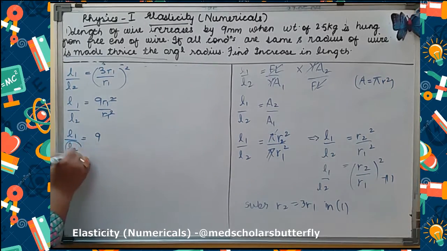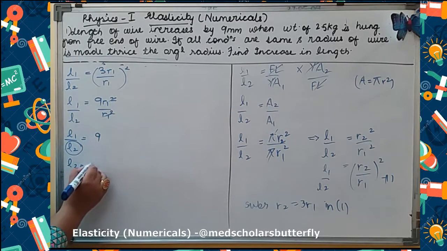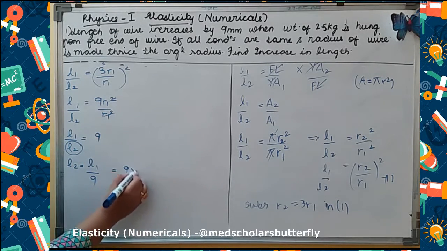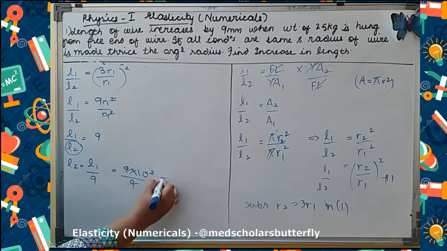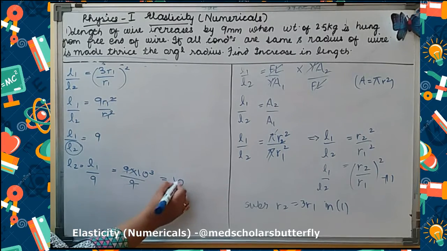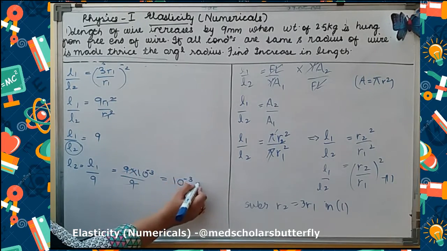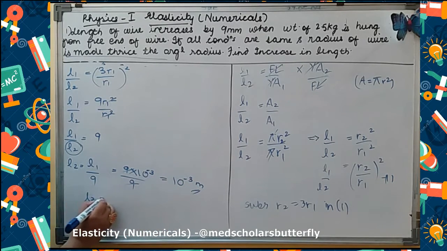But we need to get L2. So we will take L2 is equal to L1 by 9. What is L1, which was given to us? 9 into 10 raised to minus 3 upon 9. Cancel. So you will get 10 raised to minus 3. So our L2 is 10 raised